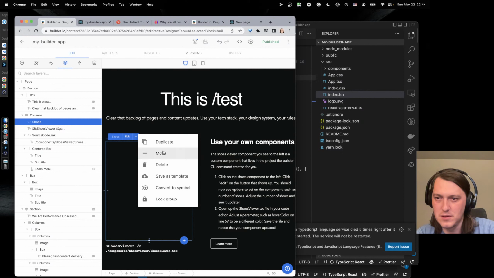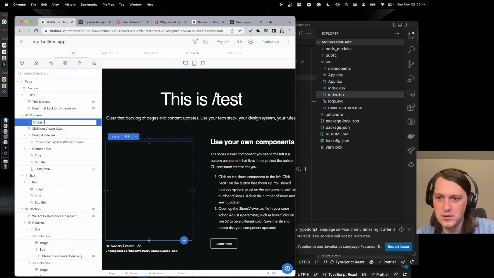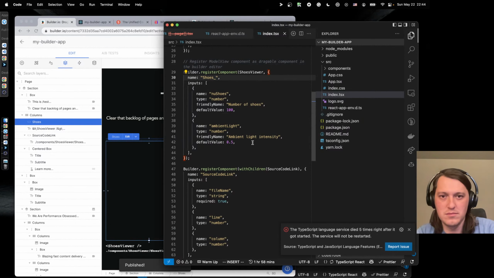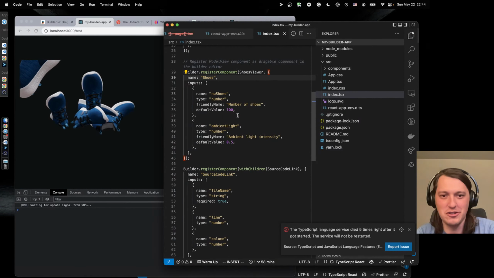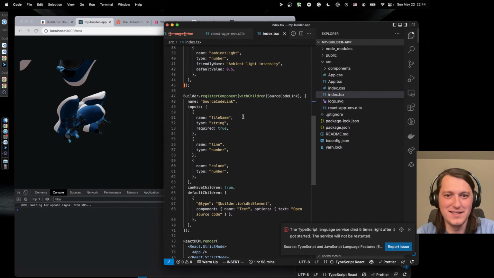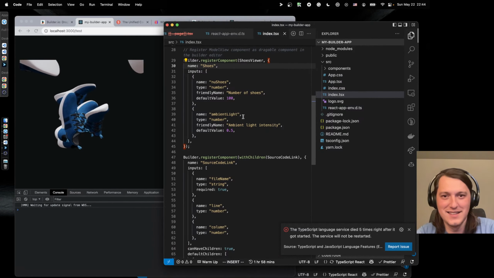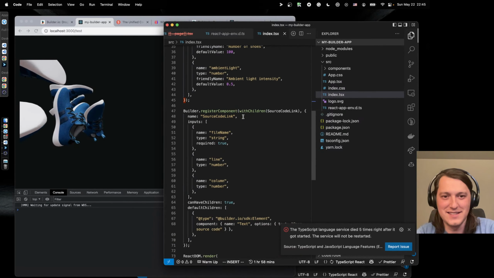Convert to symbol. Okay, I mean, of course, I would have known better how it works if I actually read the docs, but let's just roll with it.